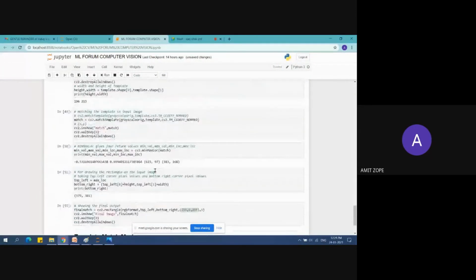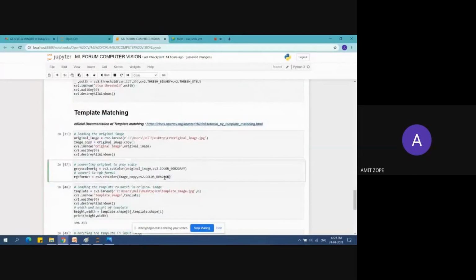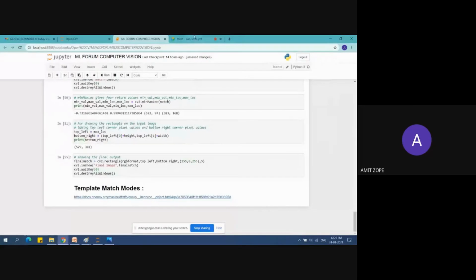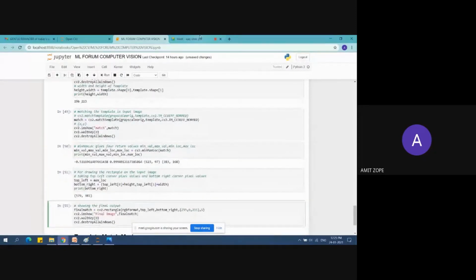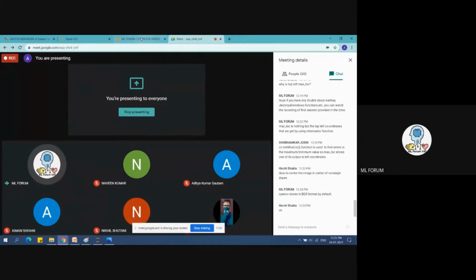Okay, yes. So yeah, this was all about the template matching, I guess. I will look into this RGB format because it was working one day before. Okay, Akshata, I am done here. So this was all about the template matching. Okay, guys, do you have any doubts up till now?